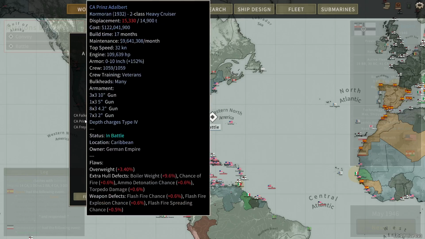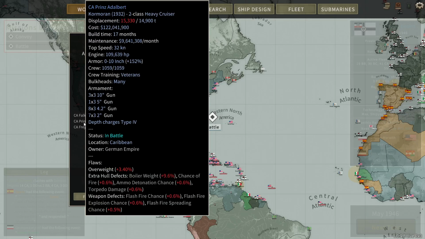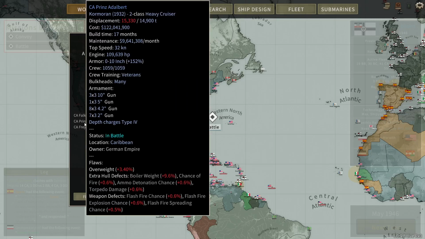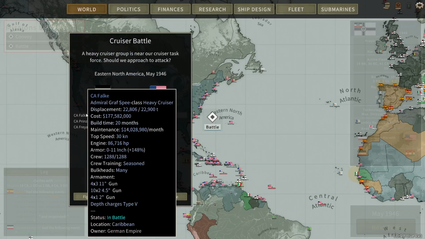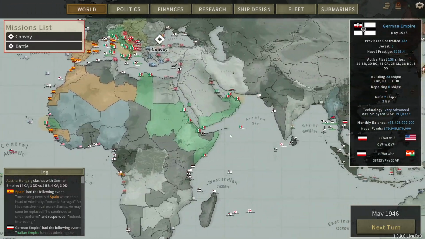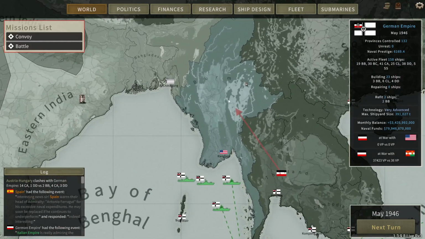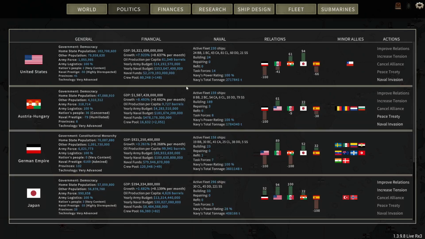That's... why is Prince Adalbert more expensive? Oh, because of flaws, perhaps? Yeah, that's one very, very expensive heavy cruiser. I wonder what kind of tech has been put into it. But here we go. I think that's gonna succeed, actually. So let's try and